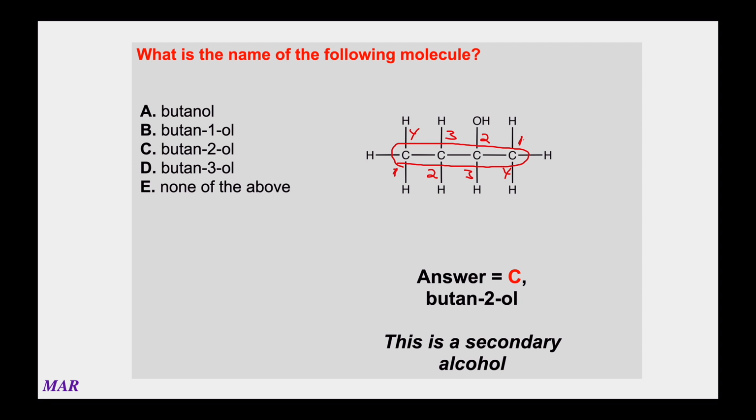All right, this is technically a secondary alcohol. The carbon with the OH is connected to 2 other carbons with 1 hydrogen. That makes it a secondary. That's not as important. If you can see the name, longest chain, and then smallest number, I consider it a victory. And again, if you called this 2-butanol, I would be very happy with that. That's not a problem at all.